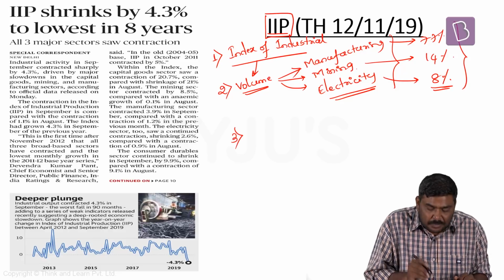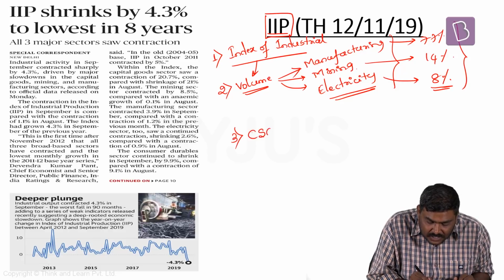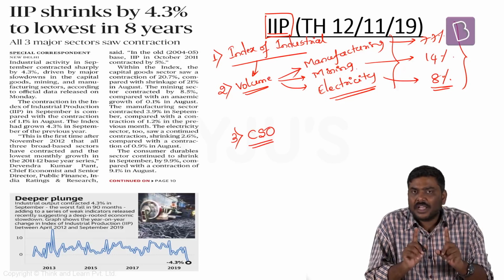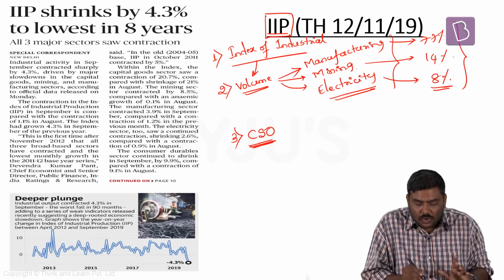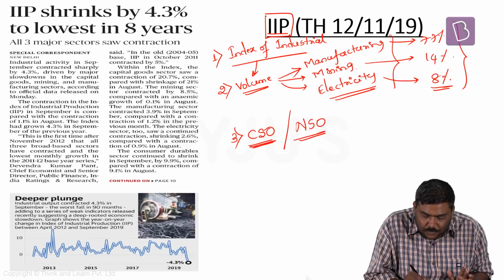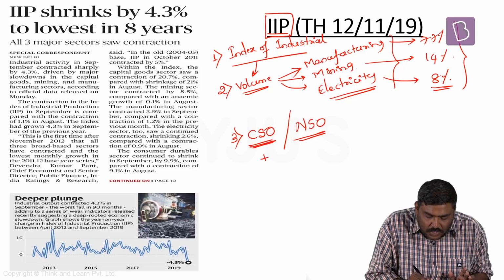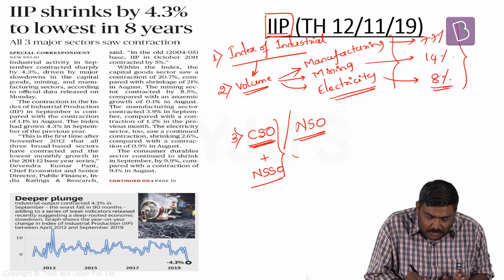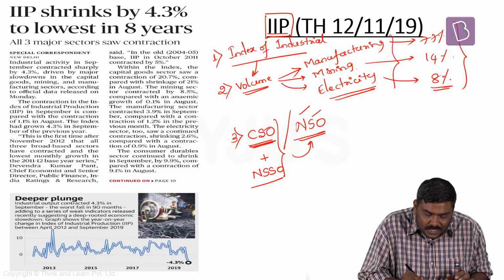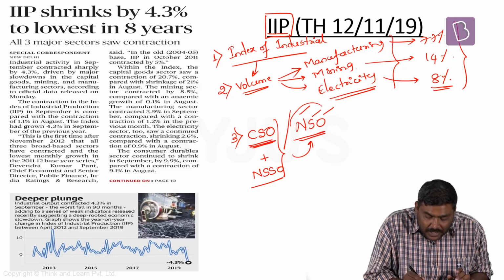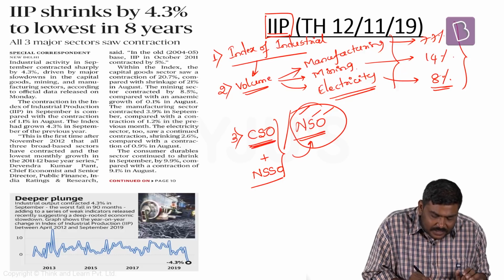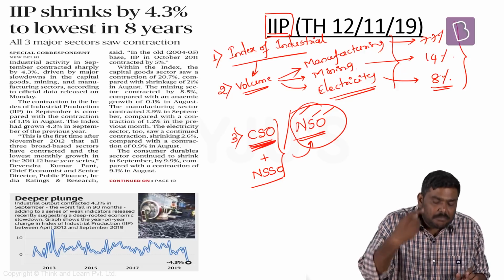Third point, it is published monthly by the Central Statistical Organization or CSO. Again, please make a note, we do not have a CSO now, we have an NSO. Earlier we had a CSO as a different entity and we also had NSSO, the National Sample Survey Organization. Both of these have been merged to form NSO, the National Statistical Organization. So right now we have NSO, but the majority of the books will still say that CSO calculates and publishes